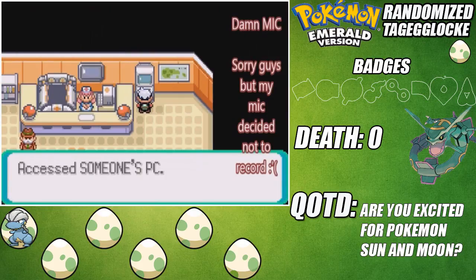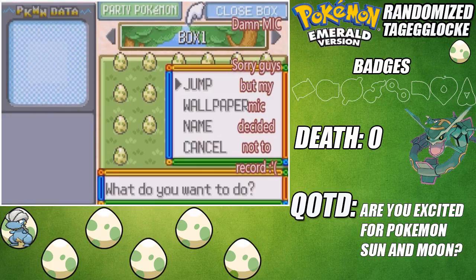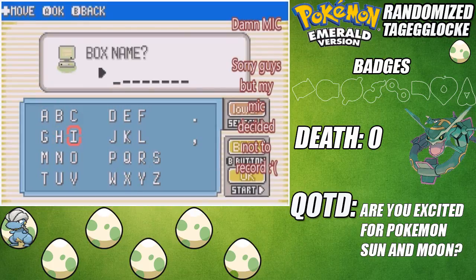That's where I was checking to make sure the Bagon was legal, and it was. So now what I end up doing is I name our death box, I name our on deck box, so that we can keep track of what goes into what. And of course, on deck,